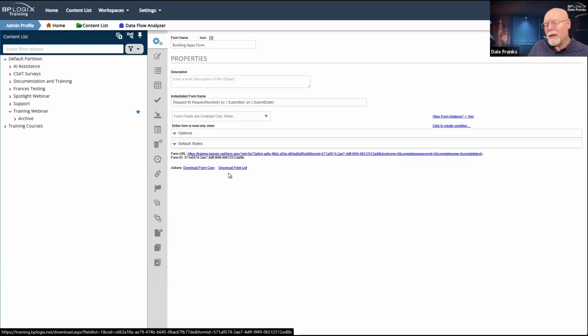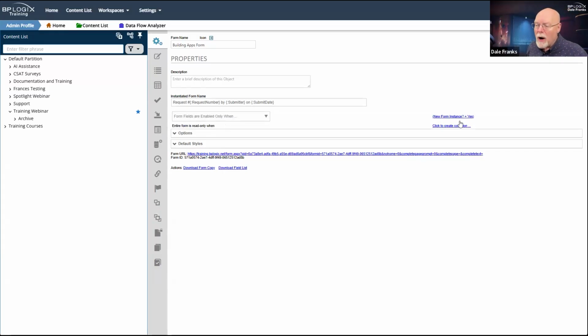In general, now this is not a universal thing, but in the vast majority of cases, once a process is finished, once we've processed a request and we've approved or denied it, that is set in stone. We don't want anyone to come back in later and make changes to the historical data. So we have this entire form is read-only when property.